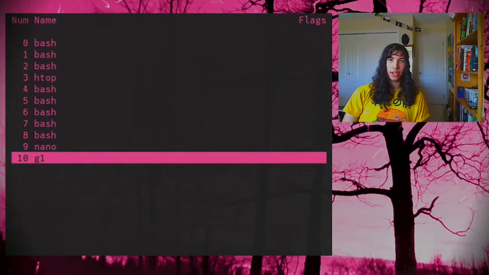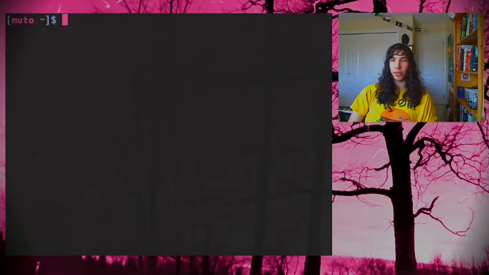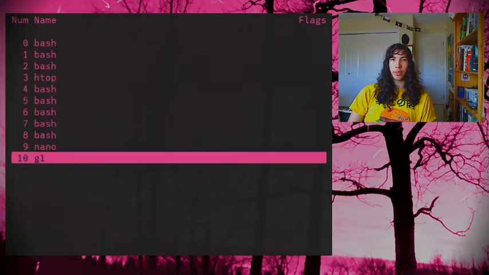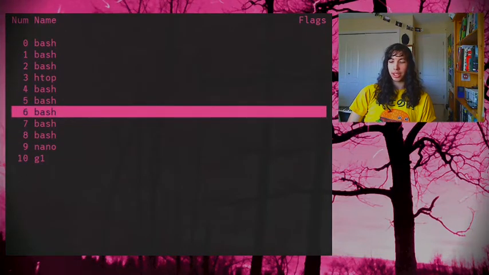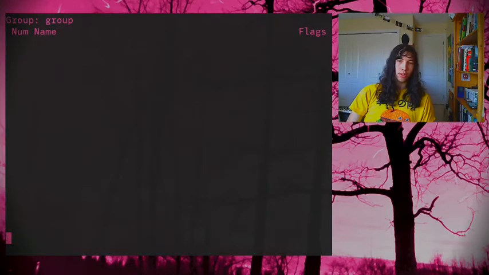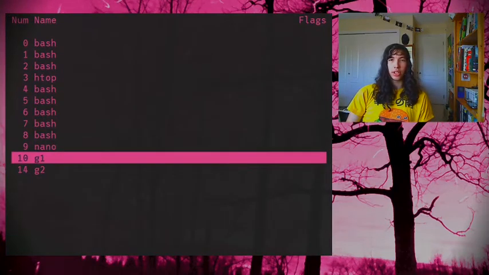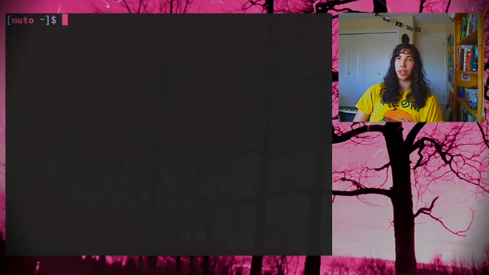What's nice now, but the problem is, whenever I'm doing something on thing1 and I want to go to another folder, I have to go all the way back and out and select another folder or another program. I'll make another folder just for the sake of it. I'm going to set this to G2, and then open up 3 regular bashes on G2. So I don't want to have to go, I'm doing